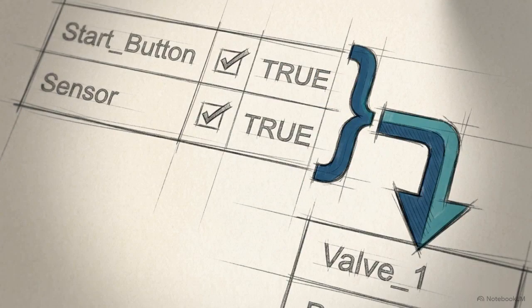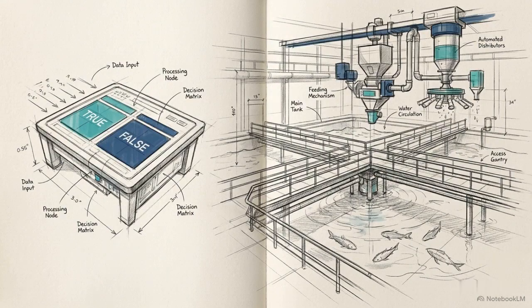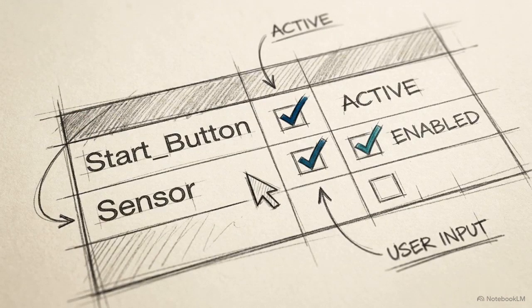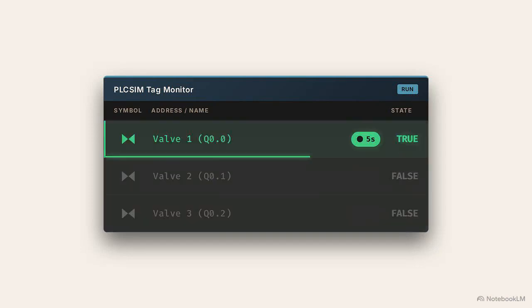This is because our logic requires 2 conditions. You must also toggle the Sensor tag to simulate the fish movement we established at the start of the exercise. Validation in a digital environment is only effective when we replicate the real-world conditions the program is designed to handle. Once both conditions are met, you can observe the output tags turning on and off in 5-second intervals within the